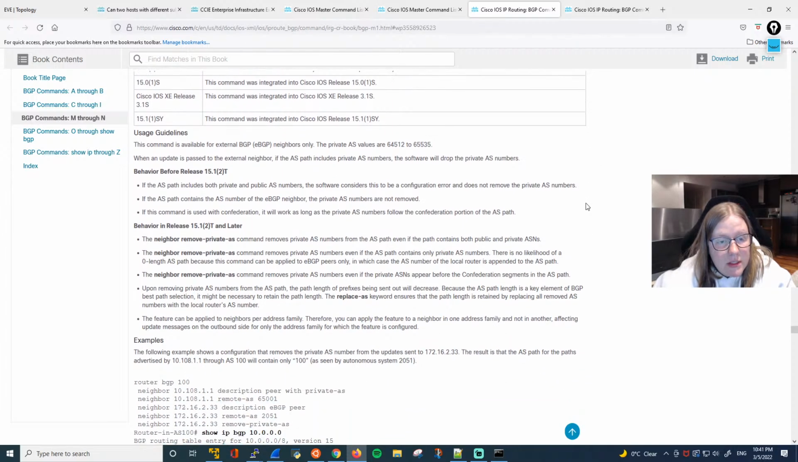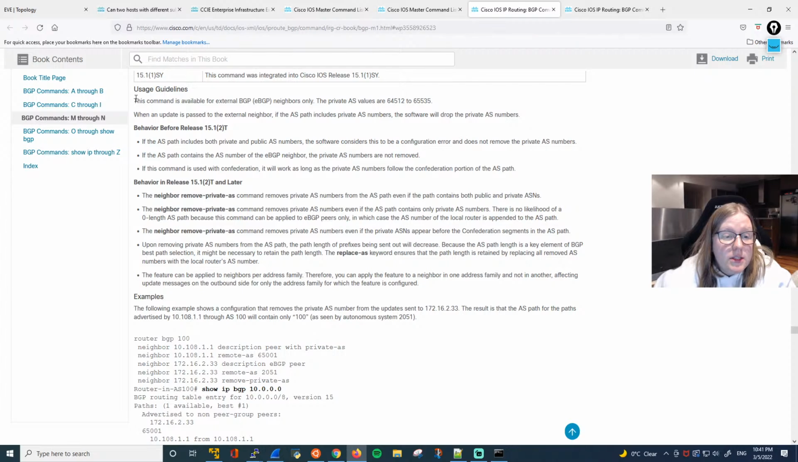Okay. Let's see usage guidelines. Is there anything interesting here? This command is available for external BGP or eBGP neighbors only. The private AS values are, and this is the range. So when an update is passed to the external neighbor, if the AS path includes private AS numbers, the software will drop the private AS numbers. It looks like maybe there's different behavior depending on the software release. So before release 15.1,